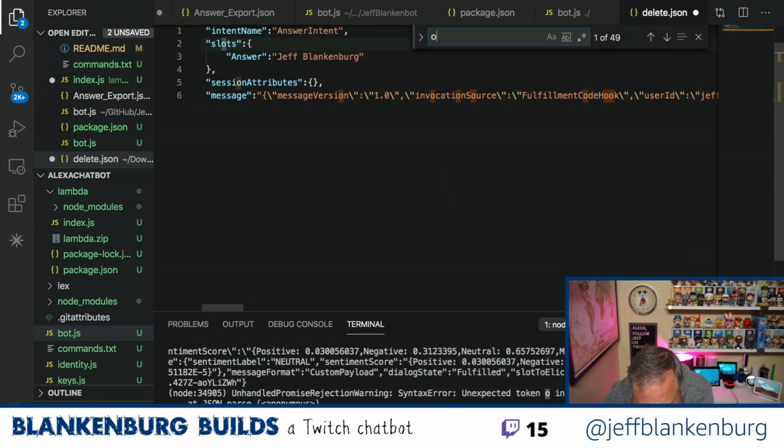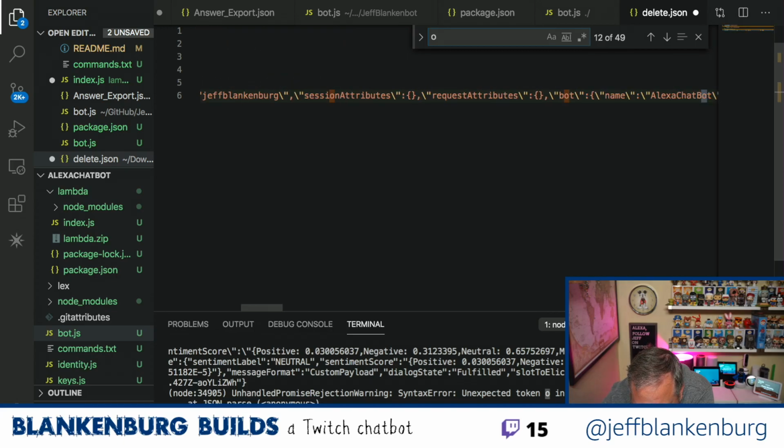There are 49 O's, but I don't know why the O's would be an issue. This looks like really clean JSON to me.